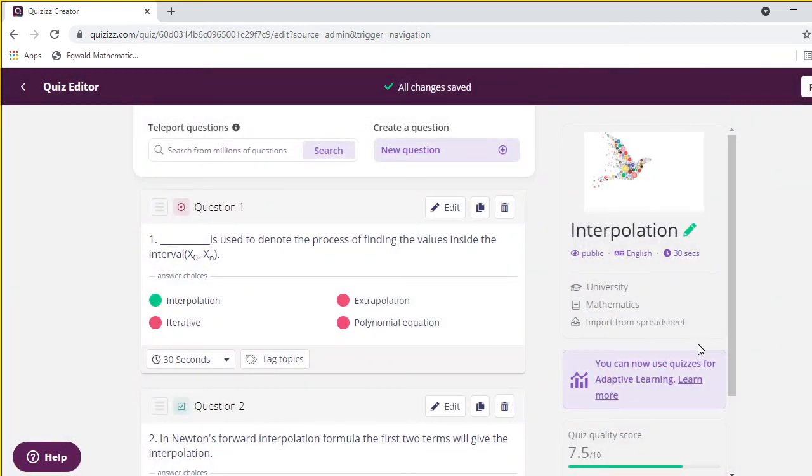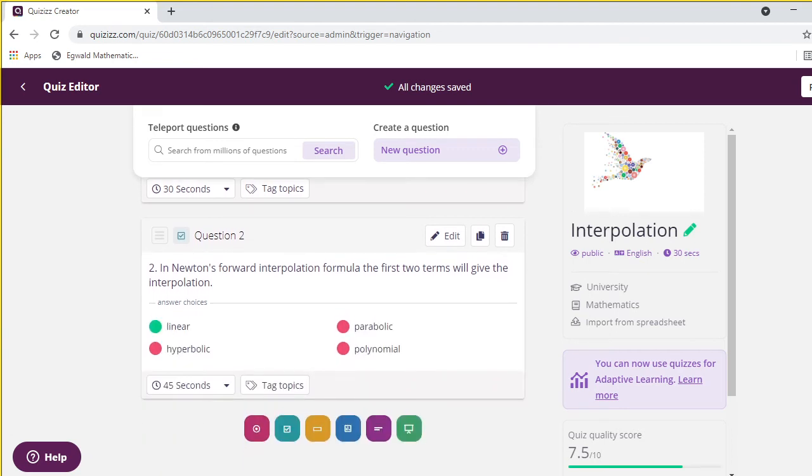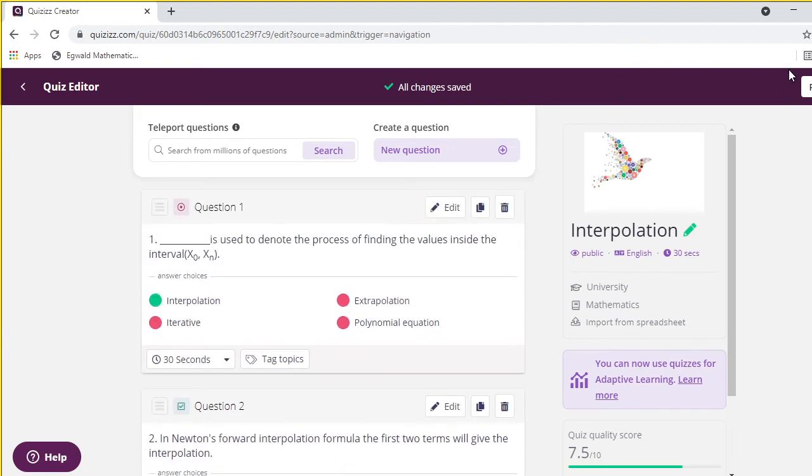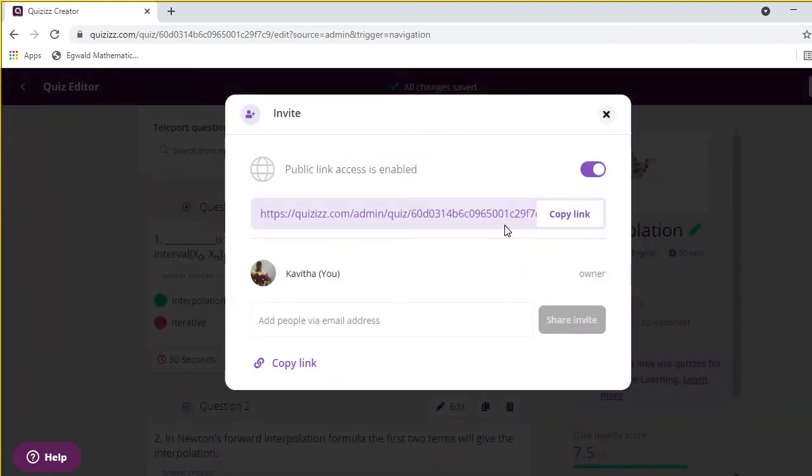Yes. Now how my quiz can appear, I want to know, right? So go to publish. Here this is a link. You have to copy this link, and this is a shareable link. You just share with your students by WhatsApp or mail or Google Classroom, anything. Okay, so you can invite the people here itself also.